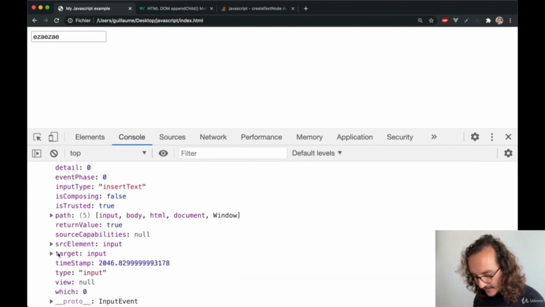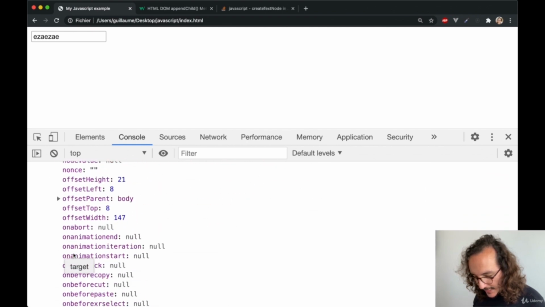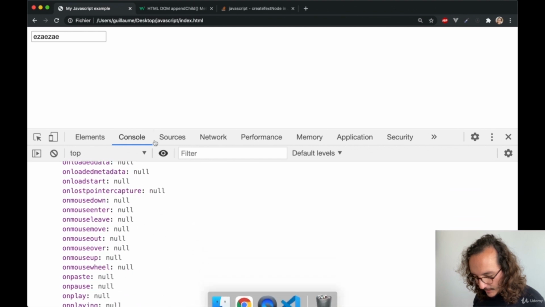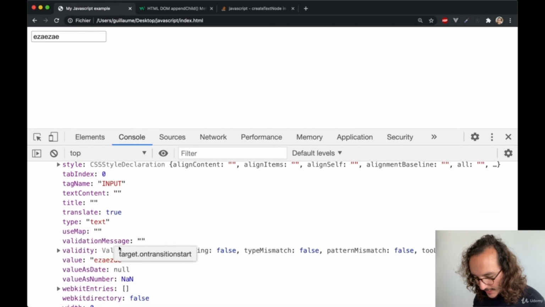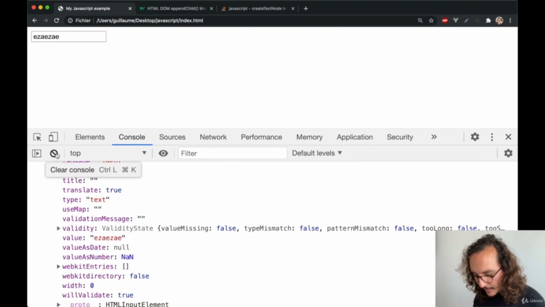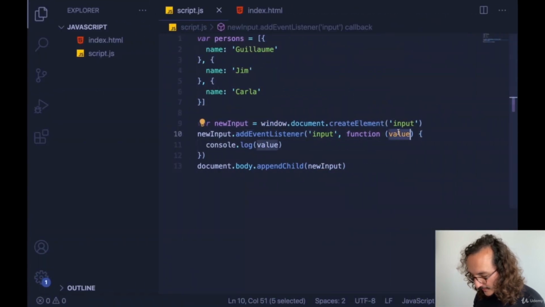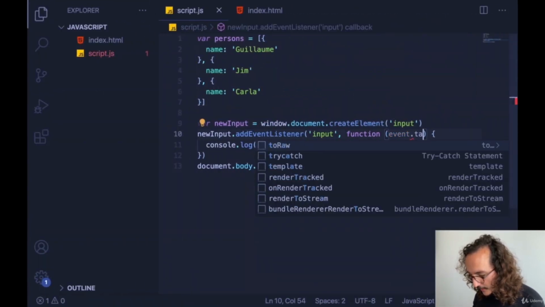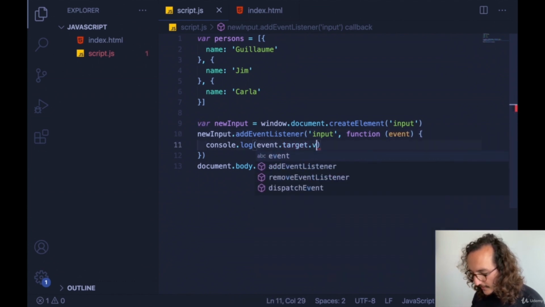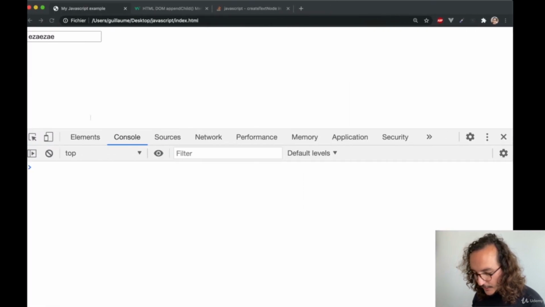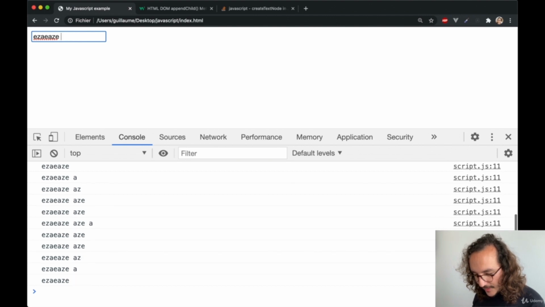And we've got this target object, which is really big. And at the end, I have the value. It's a very long object, and the value is what I'm typing. So I'm going to target, actually, this is not value, this is event.target in here, sorry, event.target.value. All right, so I get back in here, I update, and what I'm typing, as you see, is console